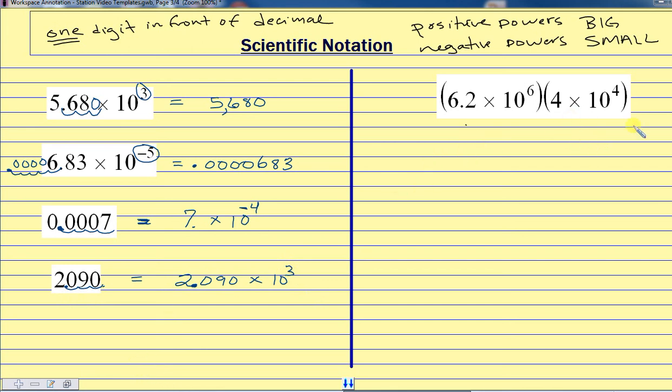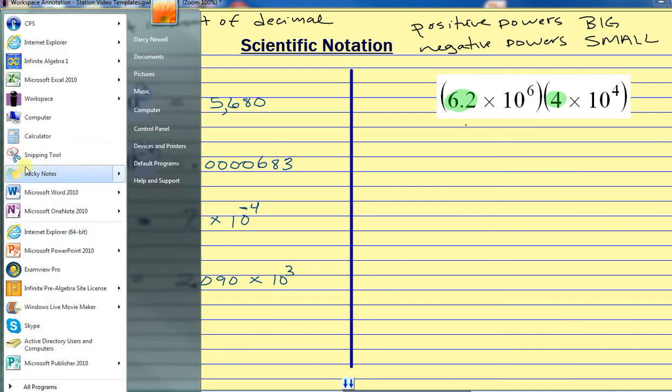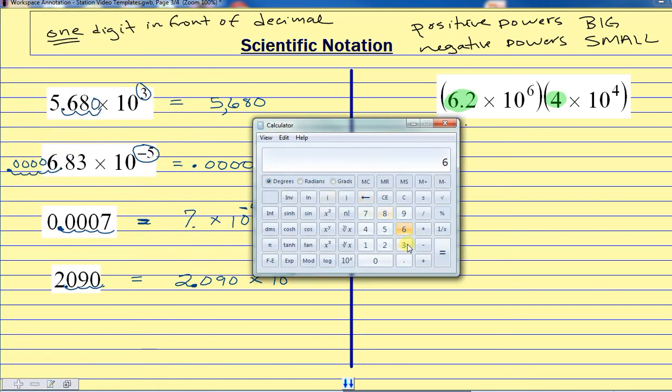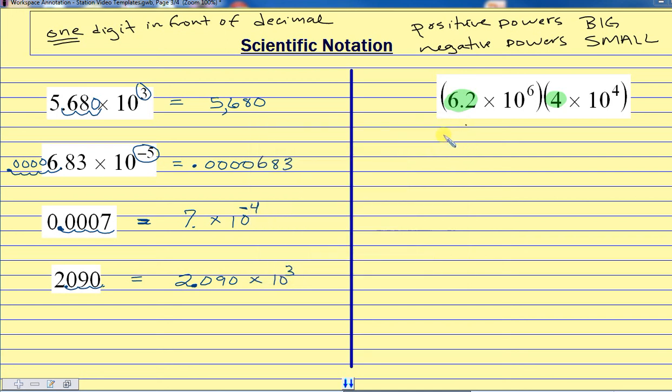Now when we're multiplying numbers in scientific notation, we're going to multiply our coefficients like we always would. So we need to do 6.2 times 4. So that would give us, let's see, 6.2 times 4. Oops. 6.2 times 4 will give us 24.8. So we've got 24.8